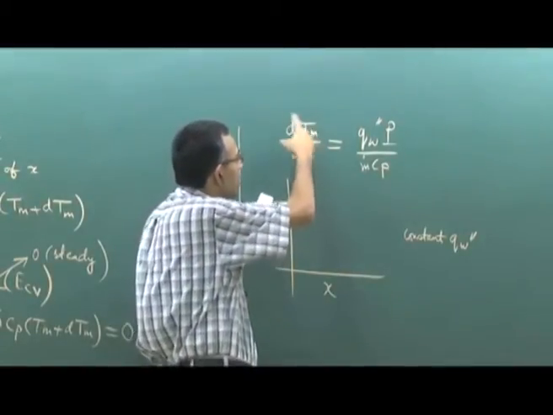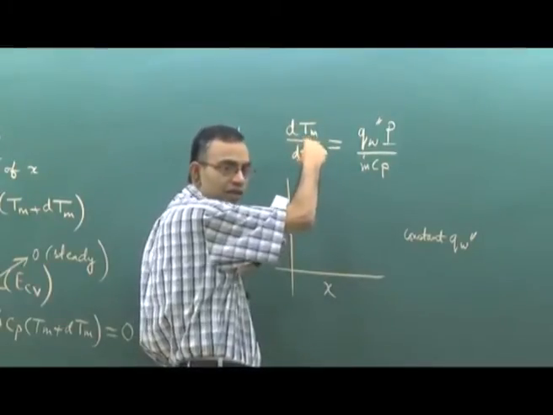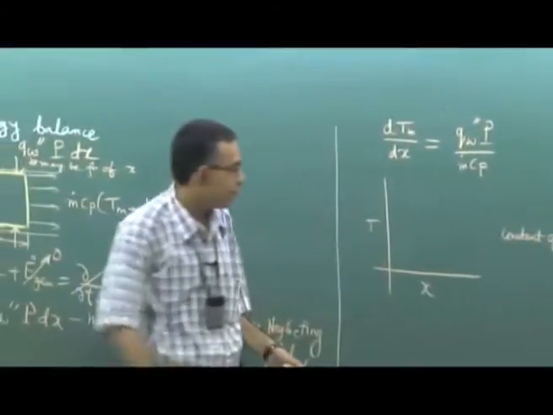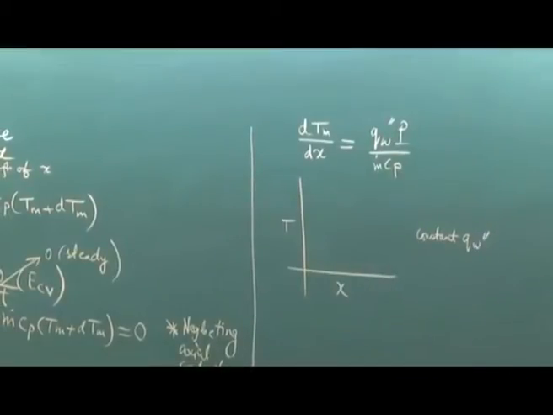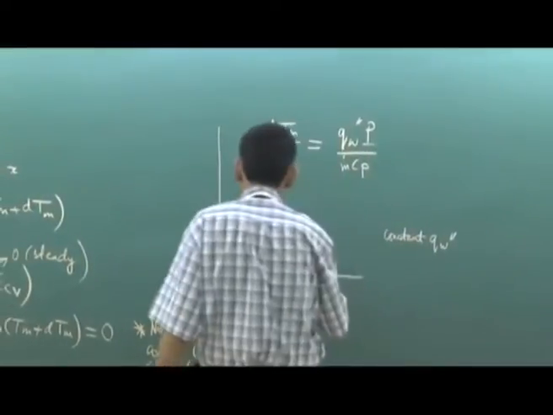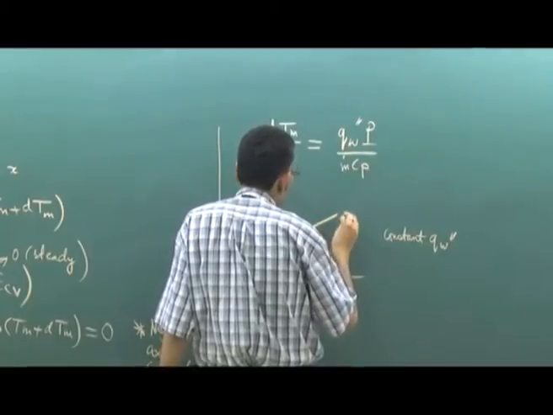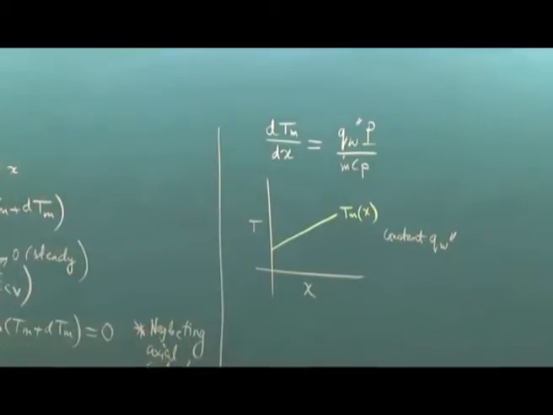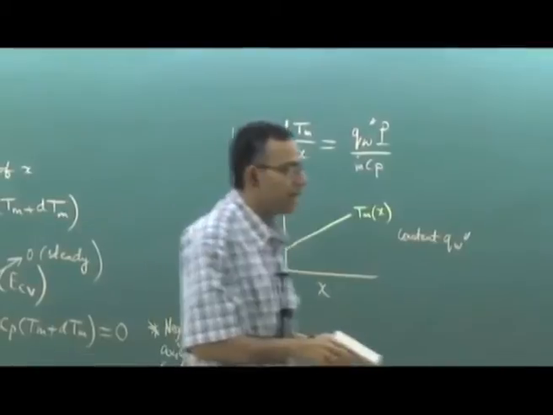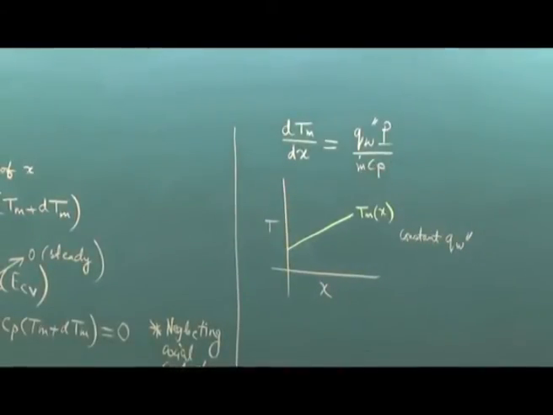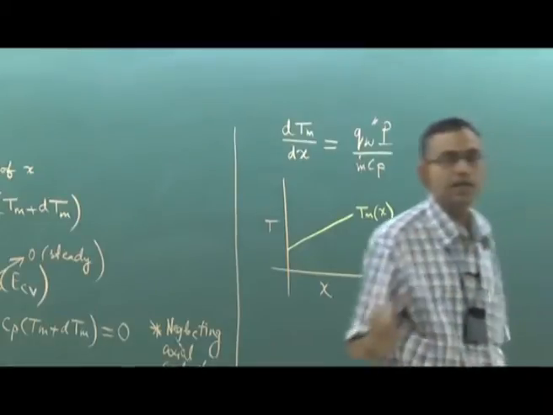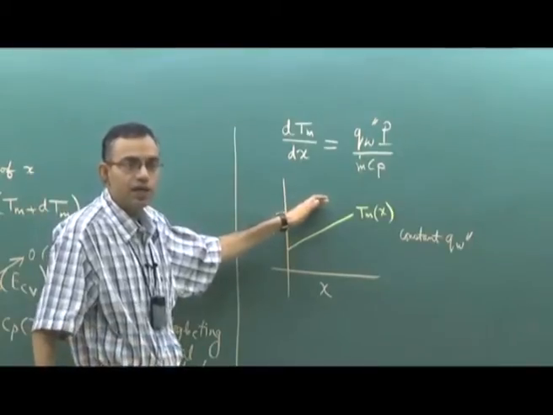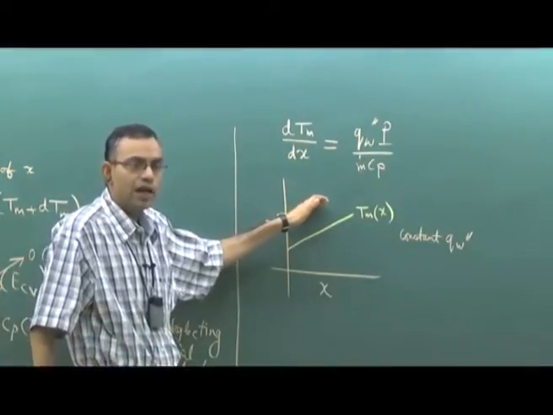Otherwise, in the thermally developing region, this may not be a constant, so it may be a curve, and then in the thermally fully developed region it will be a constant, that formula. So let us make a sketch of this, this is Tm versus x. Assuming that the wall is heated, now what will be the graph of T wall versus x? Assuming T wall is greater than Tm. So first that graph should be above this if it is heated. Then how will the graph look like?